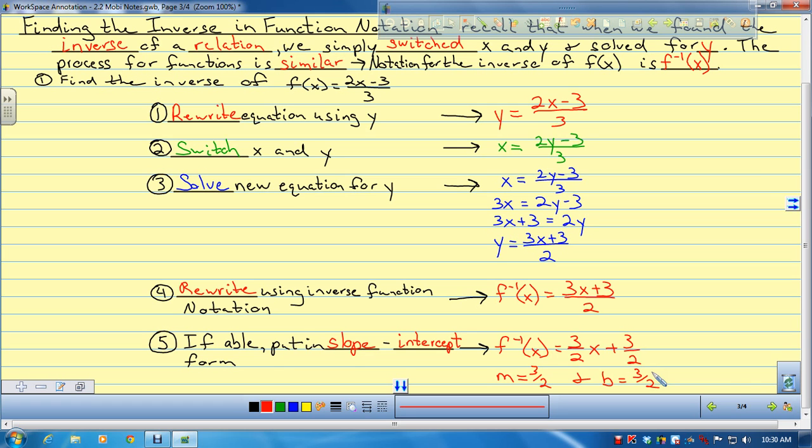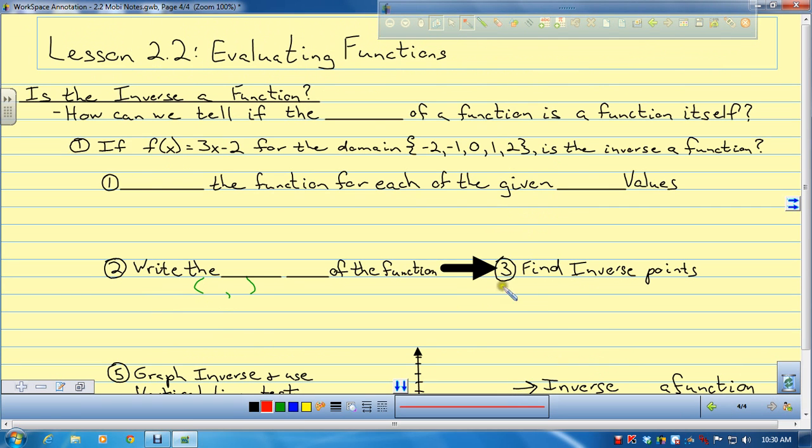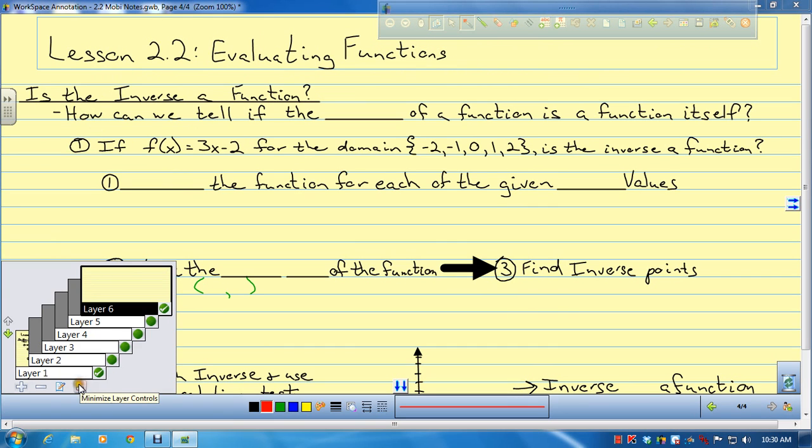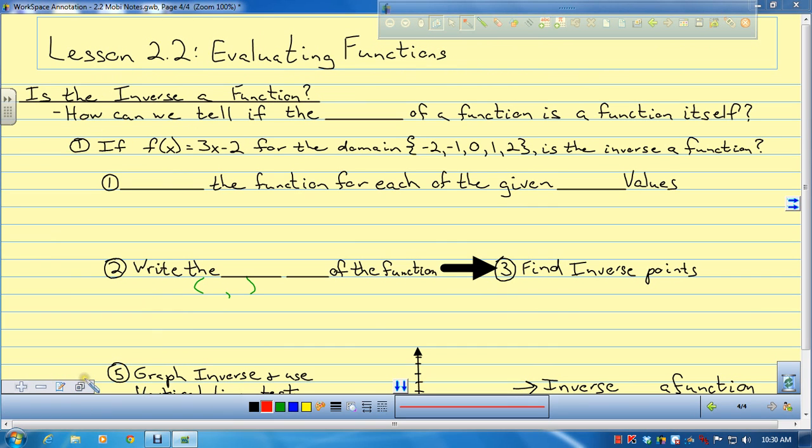Alright. Now we're going to wrap up the notes today by figuring out how to evaluate whether the inverse of a function is also a function, because there's nothing saying that it has to be. Okay? So how can we tell if the inverse of a function is a function itself? Alright? If we've got this original function right here, 3x minus 2,